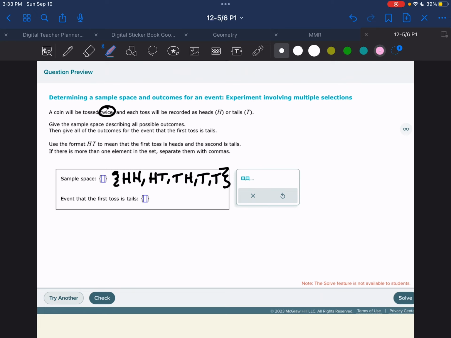And the times that I toss a tail first are tails with heads and tails with tails. Let's back up here. There shouldn't have been a comma there. There we go. So I have these two options where I get tails first. So in that event, my only options, if I'm going to get tails first, would be tails and then heads, or tails and then tails. So that is the problems that you could have gotten for question number